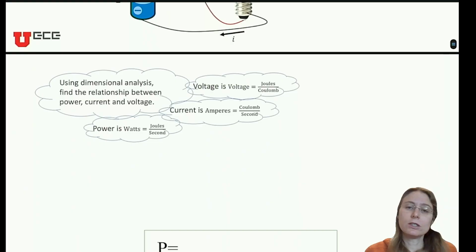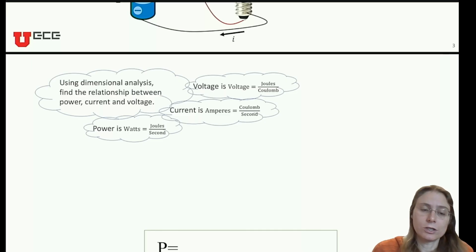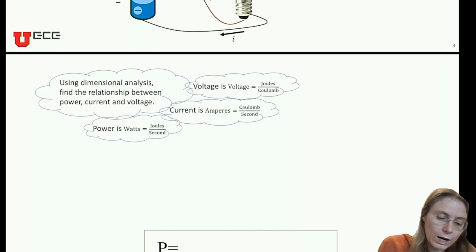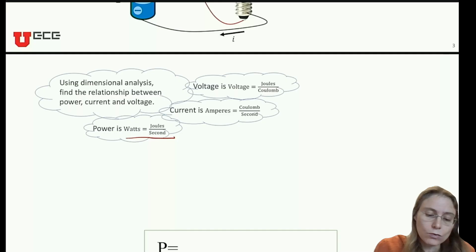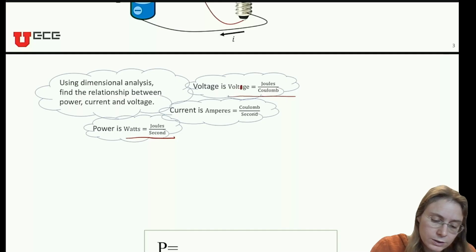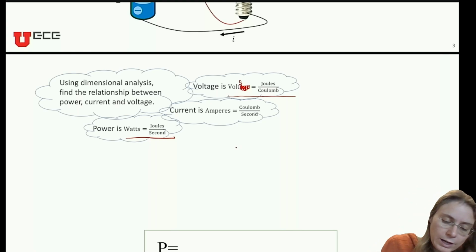So let's use dimensional analysis to find the relationship between power, current, and voltage. So power has units of watts, which is joules per second. Voltage has units of volts, and that's joules per coulomb. And current has units of amperes, which is coulombs per second. So I notice here that if I multiply voltage and current,